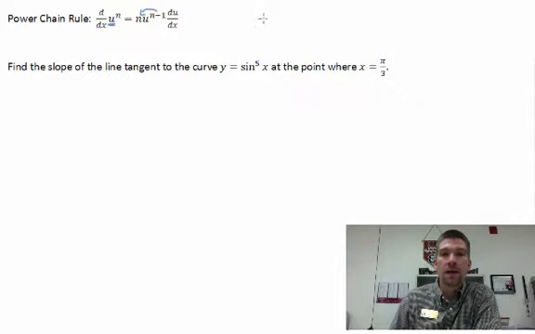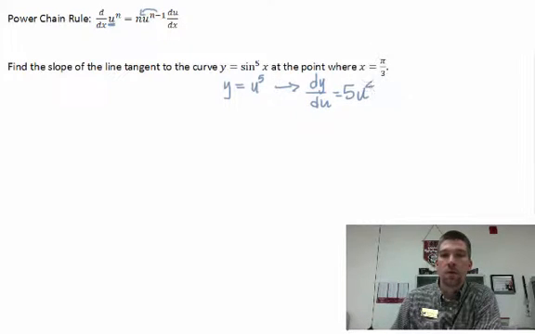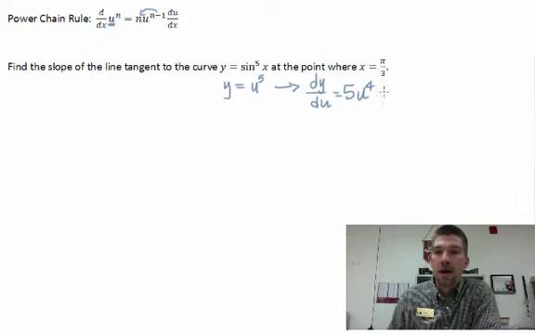So think along the lines of, if for this guy, I've got y equals sine to the fifth power x. We want to find the slope of the tangent line to that curve where x is pi over 3. Think about it this way. I want to take the derivative of u to the fifth power. Okay? And when I do that, dy du is 5u to the fourth power. Okay, but now I need to multiply by du